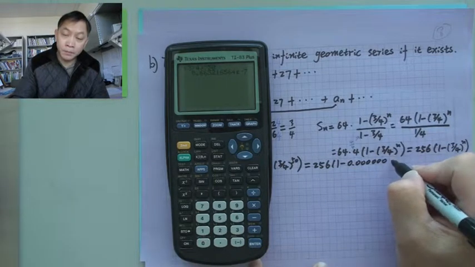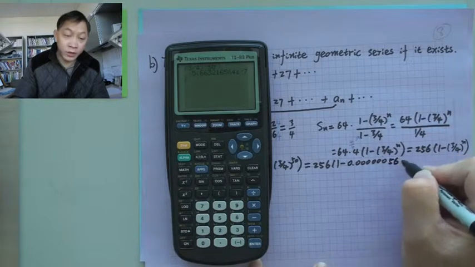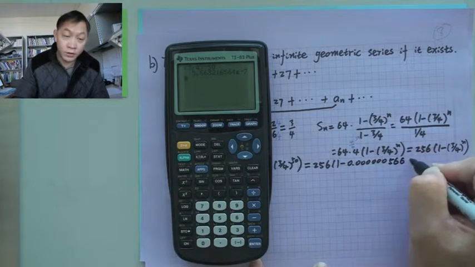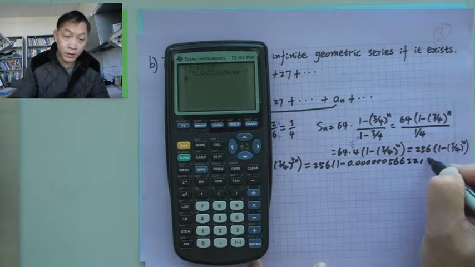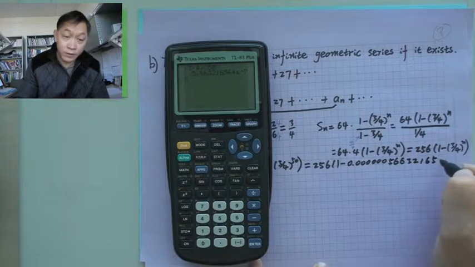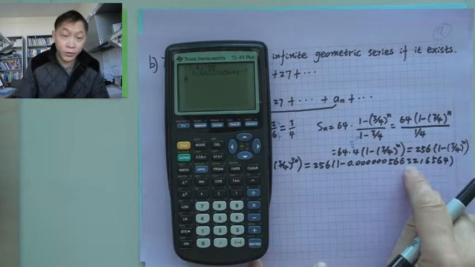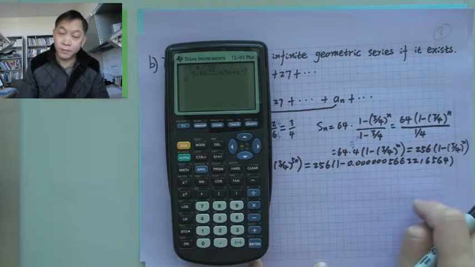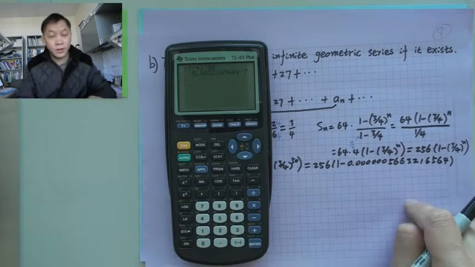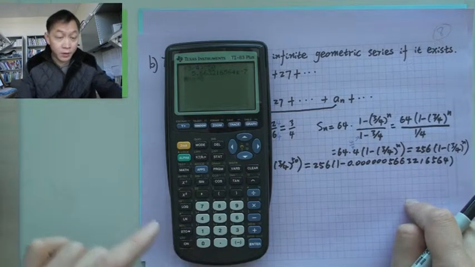And then we have 5, 6, 6, 3, 2, 1, 6, 5, 6, 4. Okay, you can store this number into